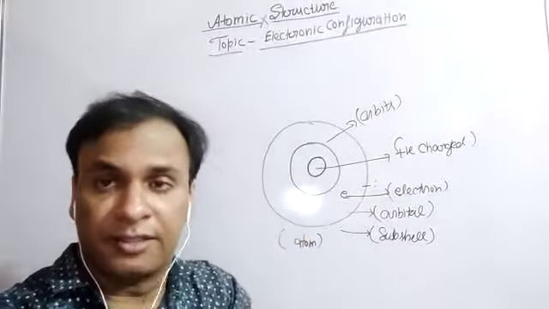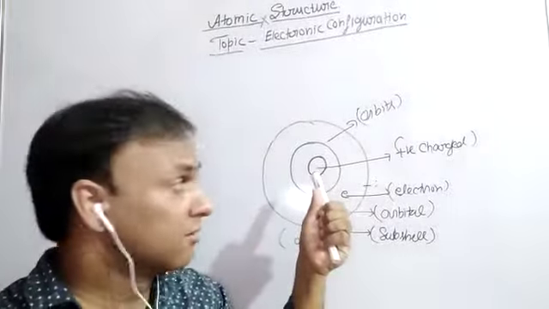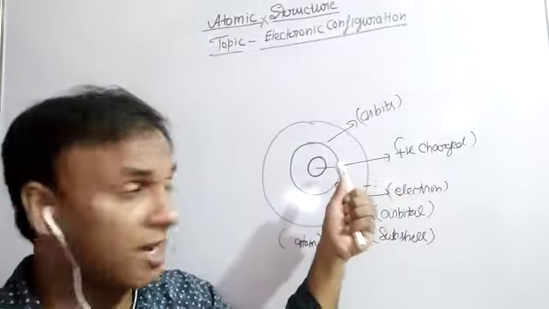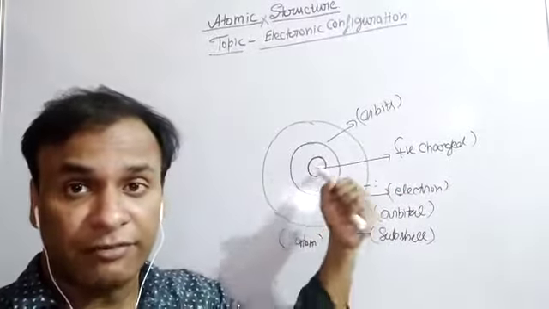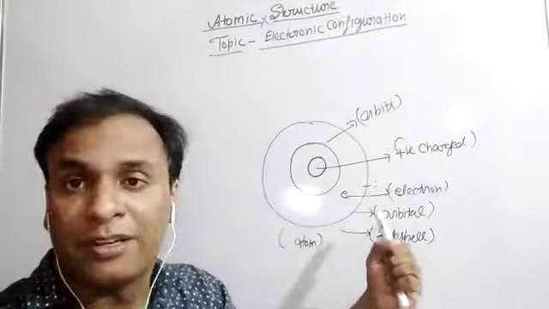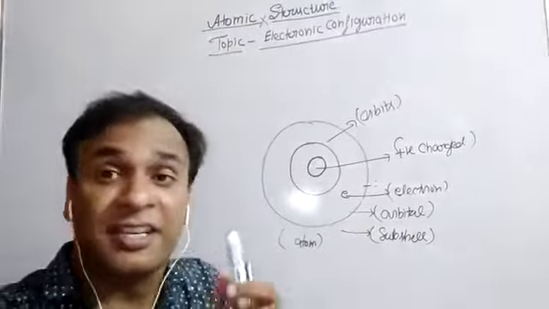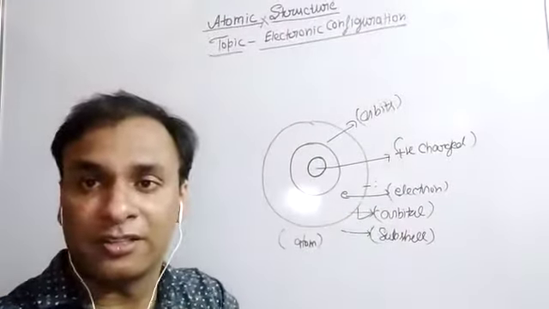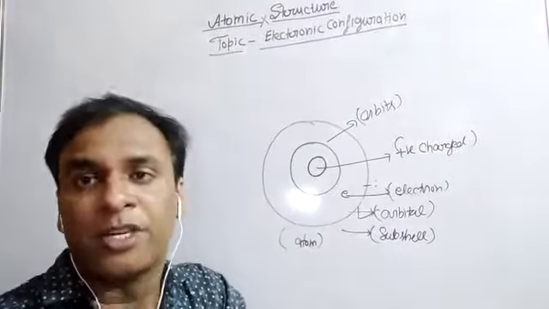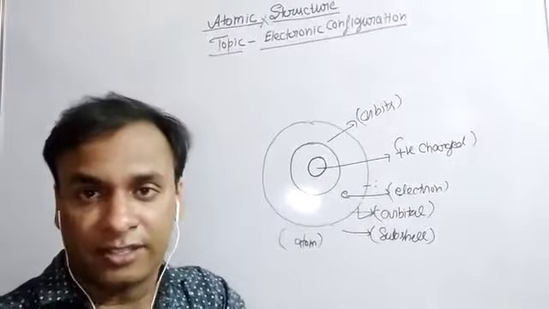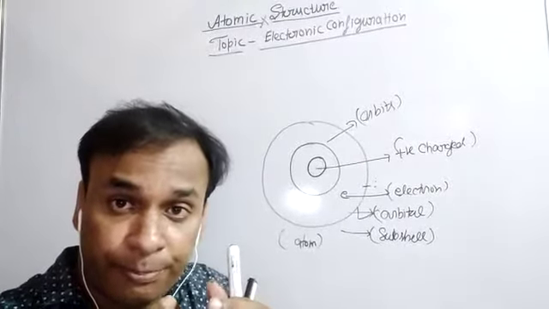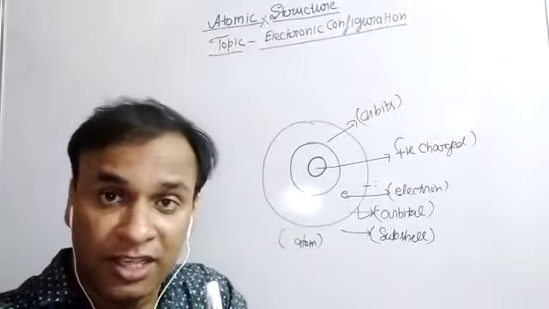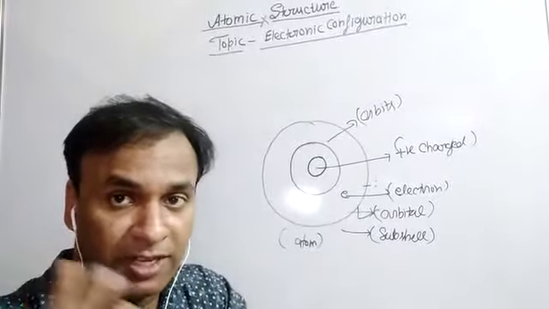Listen, the center part is the nucleus where all positively charged particles are present, and around it the electron orbitals and subshells are present. It is a three-dimensional space. First of all, I would like to define the orbitals. What are orbitals? An orbital is a three-dimensional space around the nucleus where the probability of finding the electron is maximum. There are basically four types of orbitals: